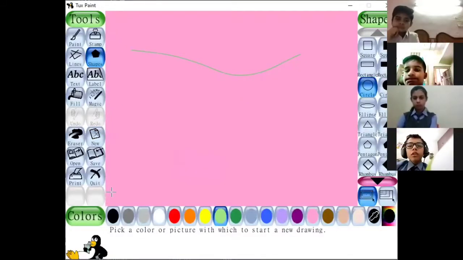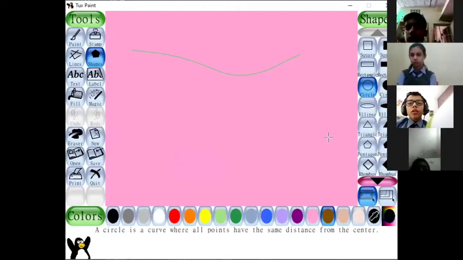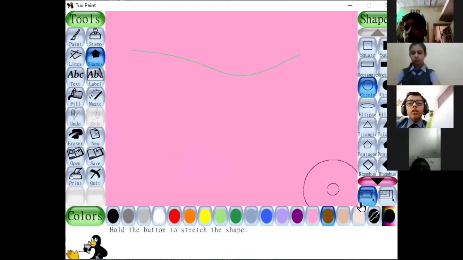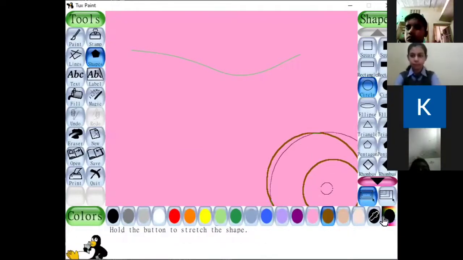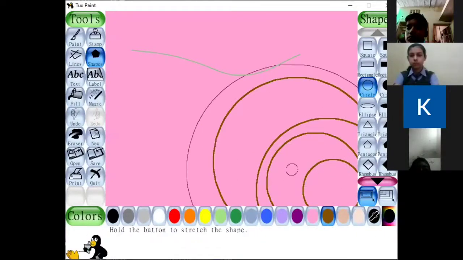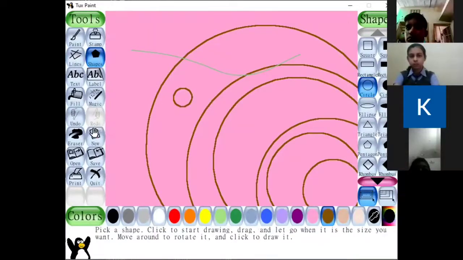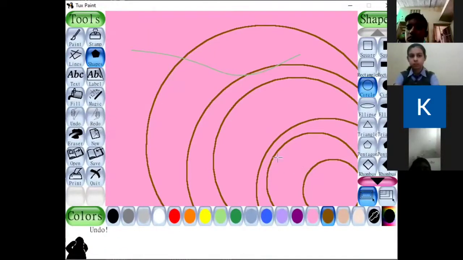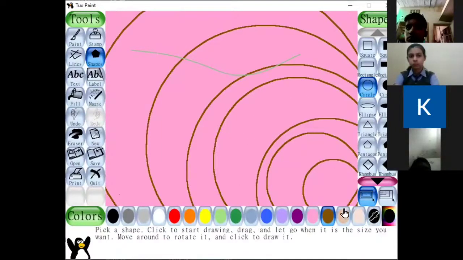I have selected the background. Now I will go to shapes. First I'll click on what color I want. Then one small circle, then one more, then one more. Then a little bigger, bigger. Whosoever did this better, just remove it. 1, 2, 3, 4, 5, 6. 6 are there. 7 and 8 I want. 7 done.